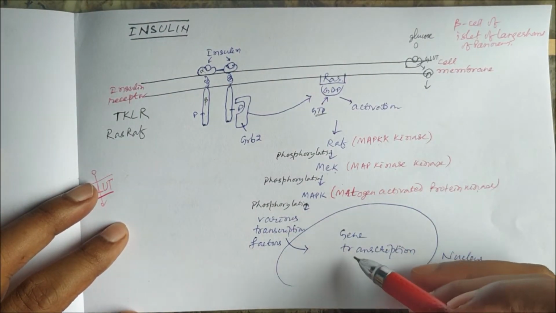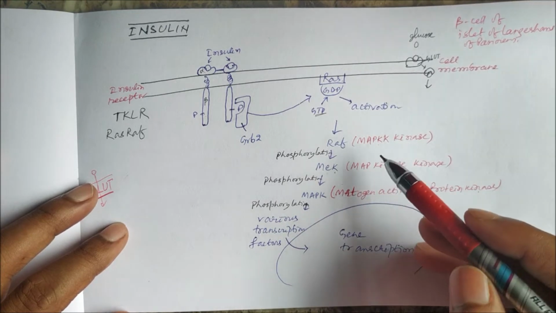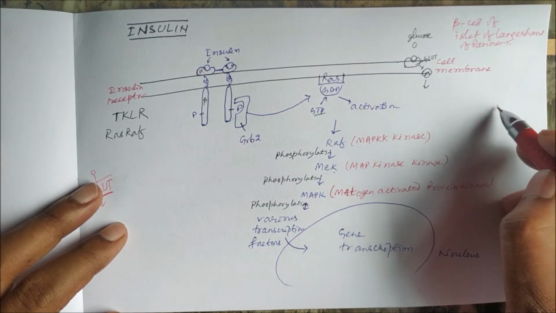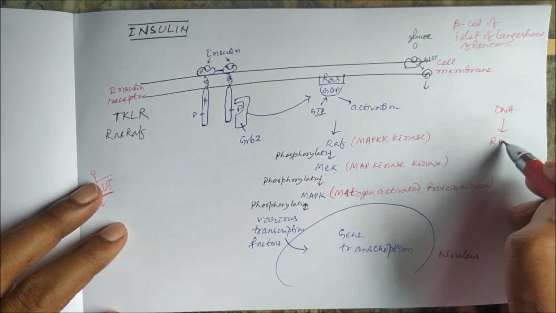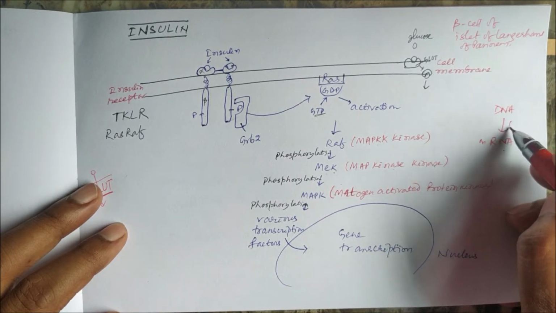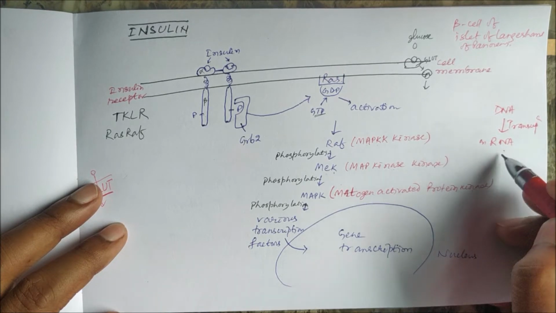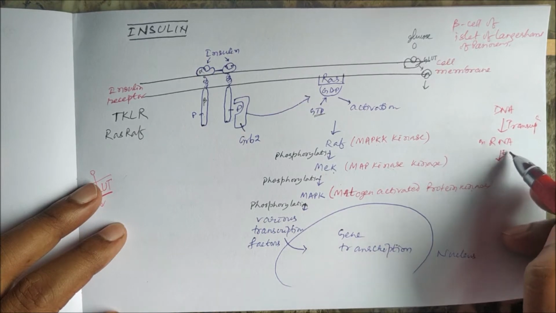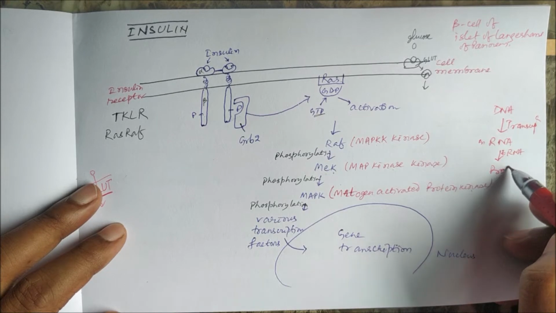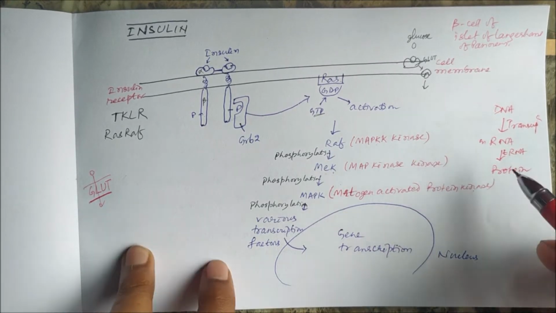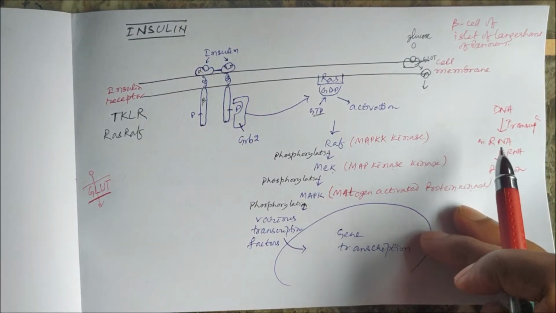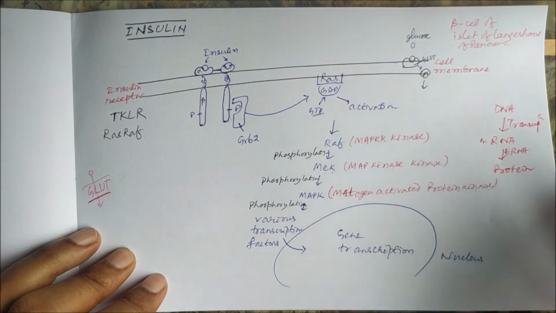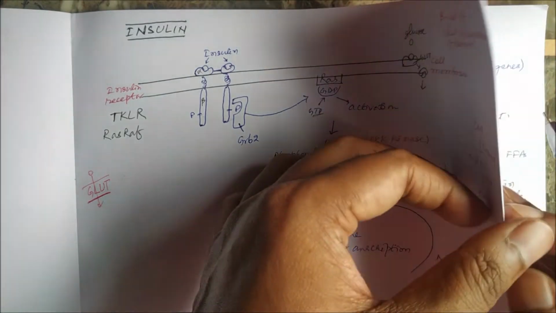And proteins means there is a gene or DNA. So DNA to RNA, that is the process of transcription, then RNA to protein. So DNA or gene is converted to messenger RNA, that is the process of transcription, then the process of translation. So there will be use of transfer RNA, and we will have this protein. So if this protein synthesis is regulated, that means some proteins are activated and some proteins are inhibited, then for example,